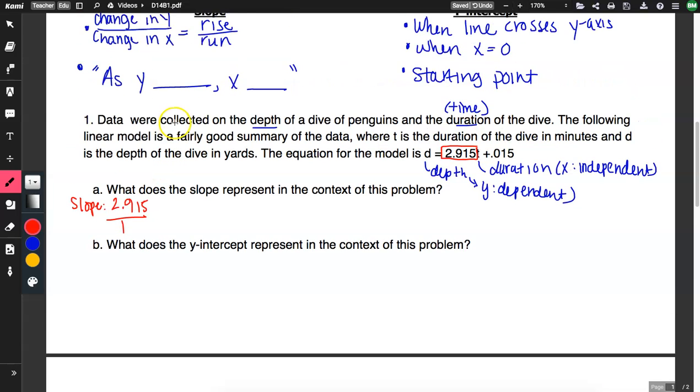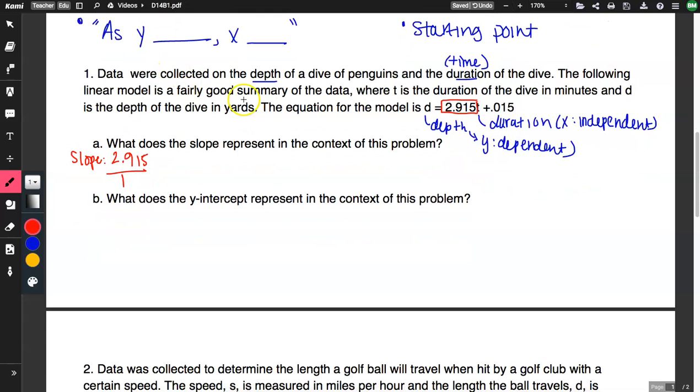And I'm going to add the variables that are appropriate. Remember that slope is y over x. So our variable in the y spot is the depth, so this is depth. And the x variable is the duration. I know they're not x's and y's in the problem, and that's fine, but they're in those positions. So this helps me interpret it in the context of the problem, because I can say